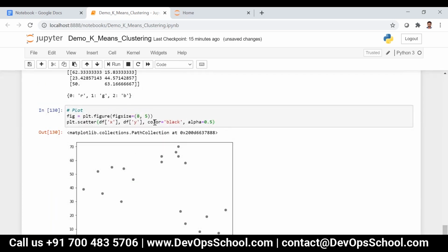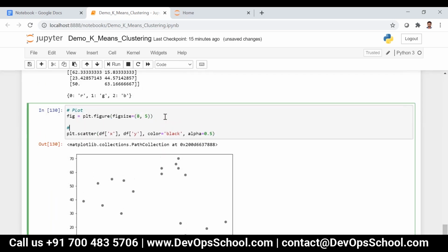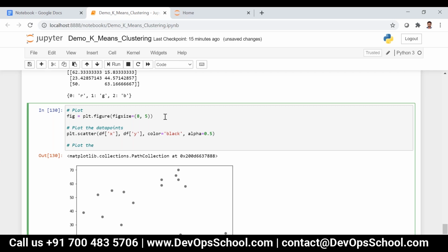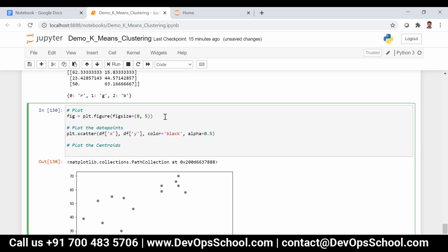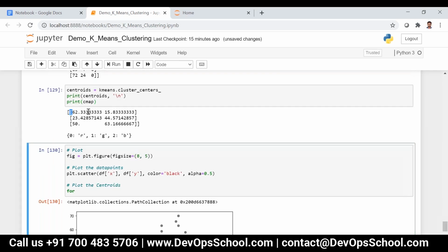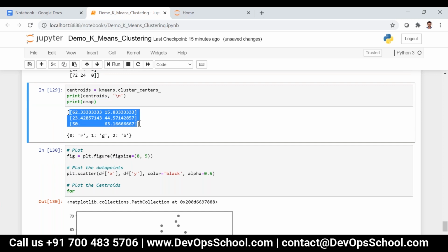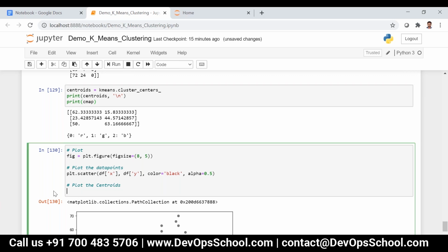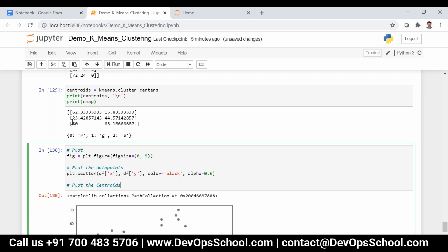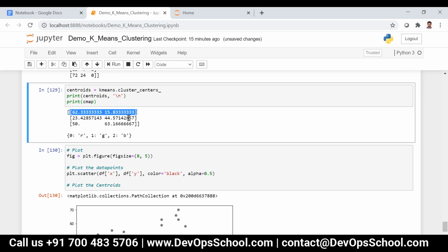So now let's plot the centroid, then we will assign the color. Now this is like plotting the data points. Then we will plot the centroid now. So here it is a numpy array basically, right? It is not in the dictionary format, so here we don't have the index at all. For this particular case, what we can do is assign the index for each and every data point.